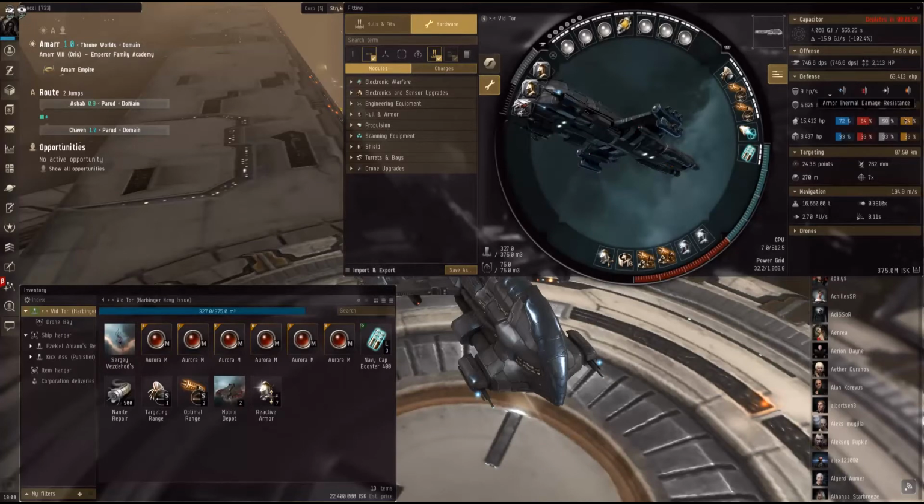And you see my resists are about the same as yours, like low 60s or low 70s is really good. And once this reactive armor hardener does its magic, that EHP is going to raise to like 70. But this video's gone long enough. I think I've covered mostly the basics. So I'm going to go ahead and